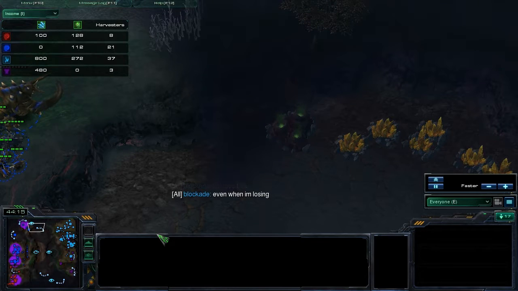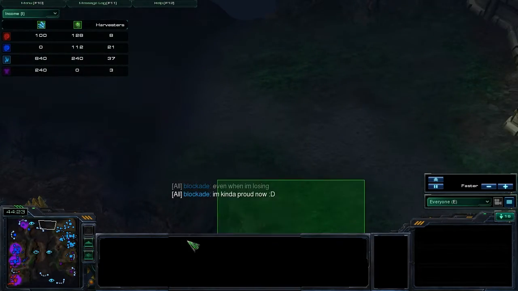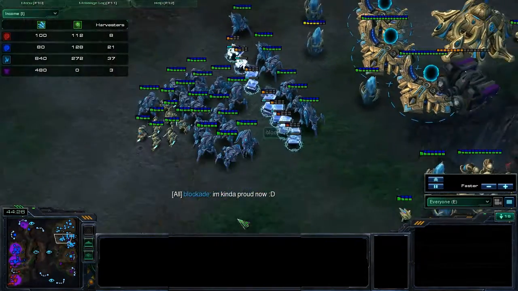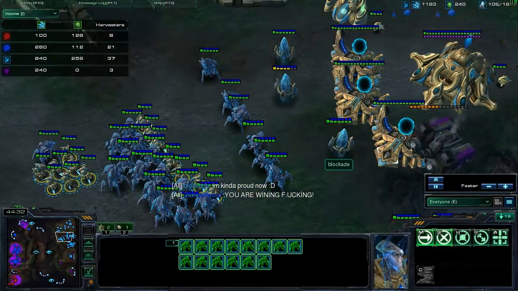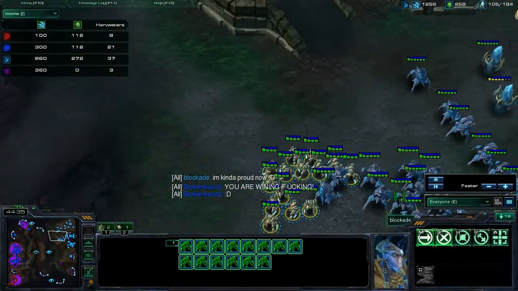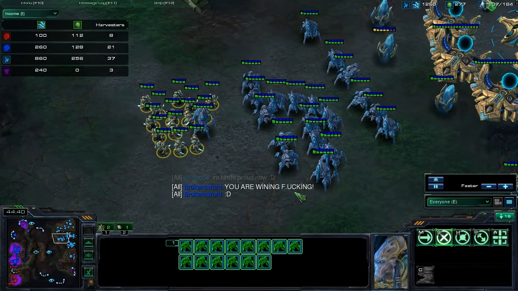We go to income tab. He does have the economical advantage. Blue has no income whatsoever except for some gas. He's saying like, yeah, I'm kind of proud of him. He might actually win this game, mate. We do see a big bunch of Stalkers getting made, a lot of Zealots, and I'm not sure if the Zerg actually has what it takes to say, yeah, you're winning, but